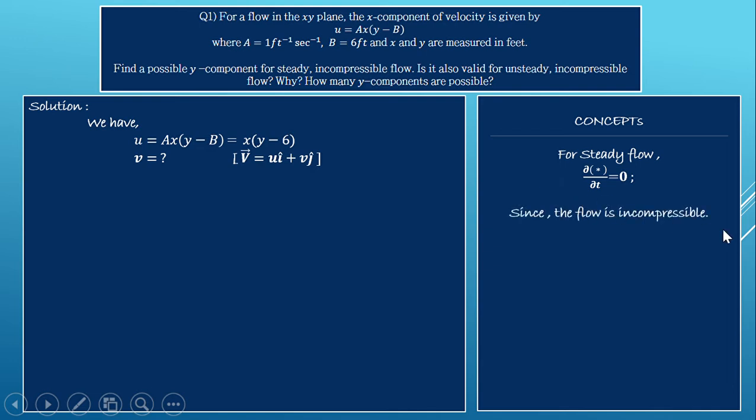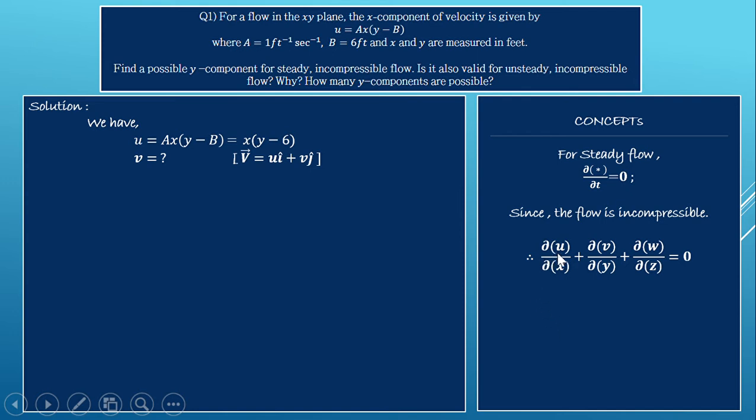Since the flow is incompressible, in fluid mechanics, or more generally continuum mechanics, incompressible flow or an isochoric flow refers to a flow in which the material density is constant within a fluid parcel. Hence, we can say that the volumetric strain remains unchanged with respect to time. Therefore, the volumetric strain rate is equal to 0, represented by